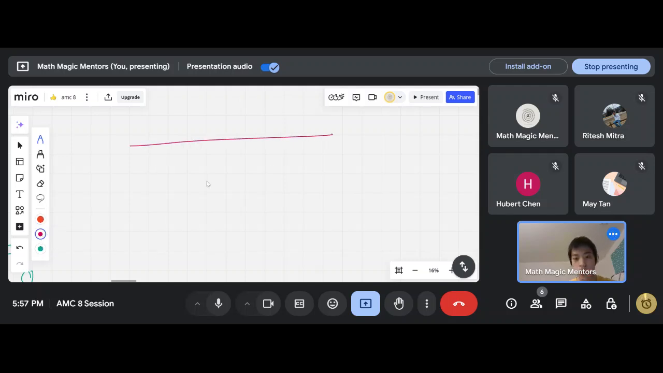So if you have a configuration like this, and you're given that these two top and bottom lines are parallel, this angle is 50 degrees, this angle is 60 degrees, and you're asked to find, I'm going to extend this line right here, what is this? You can say that, well, if we consider this green triangle right over here,